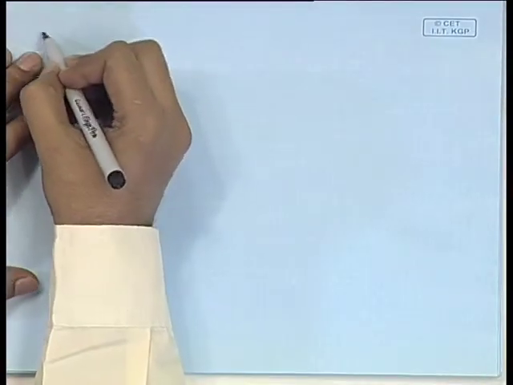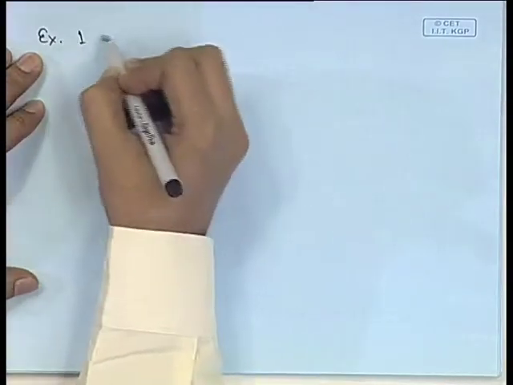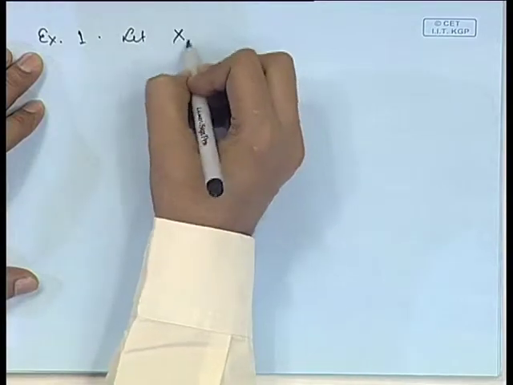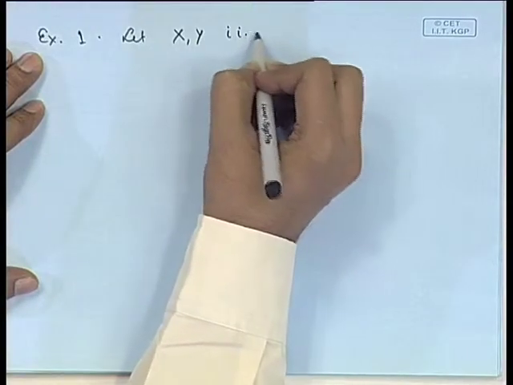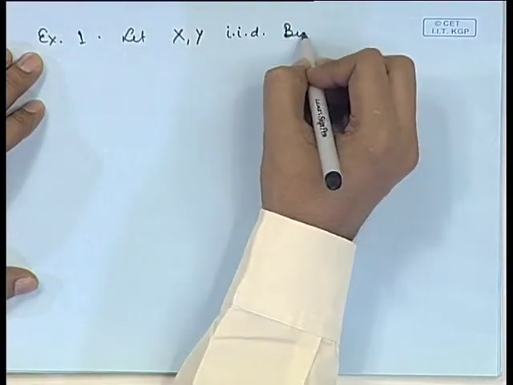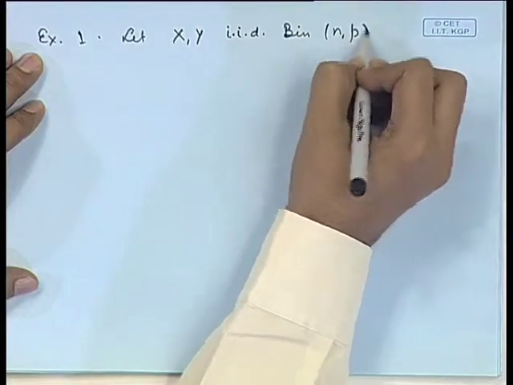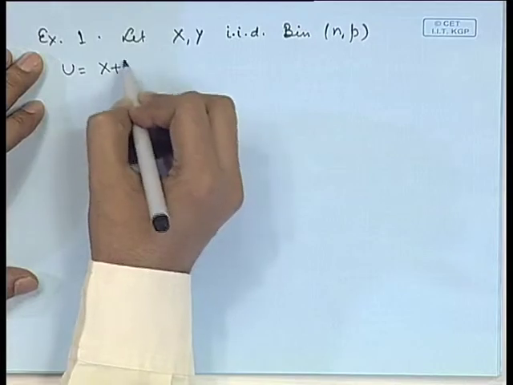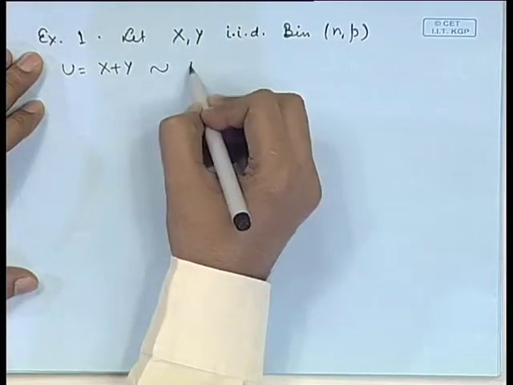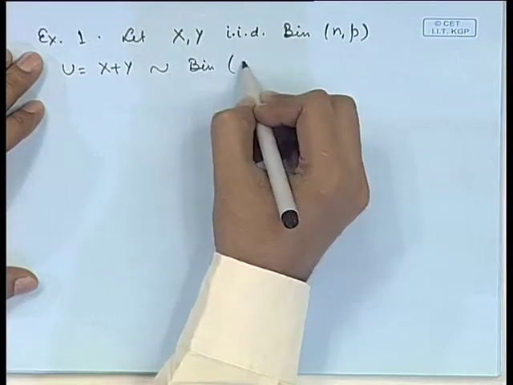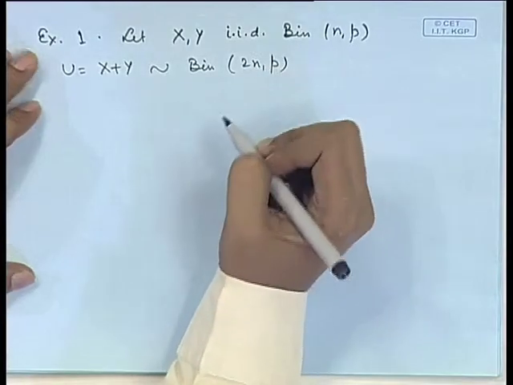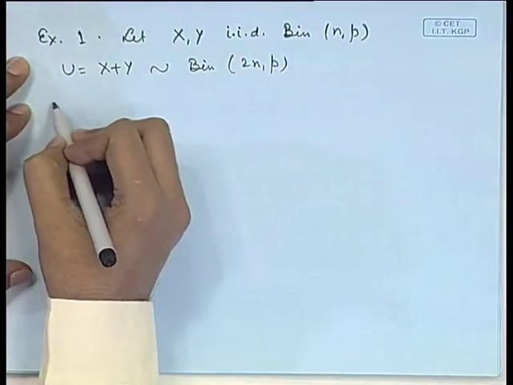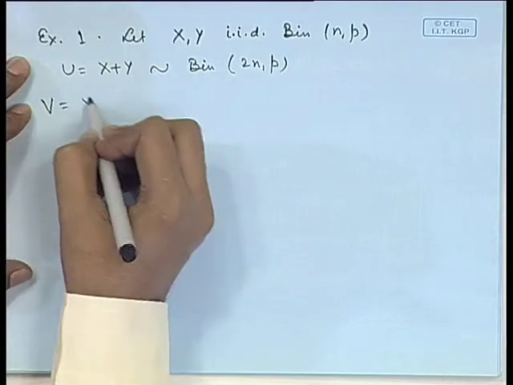Suppose X and Y are independent and identically distributed binomial(n, p) variables. Suppose we want the distribution of U, that is X + Y, then from the MGF approach we are able to determine it is binomial(2n, p). Now, suppose we want the distribution of, say, V, that is X - Y,